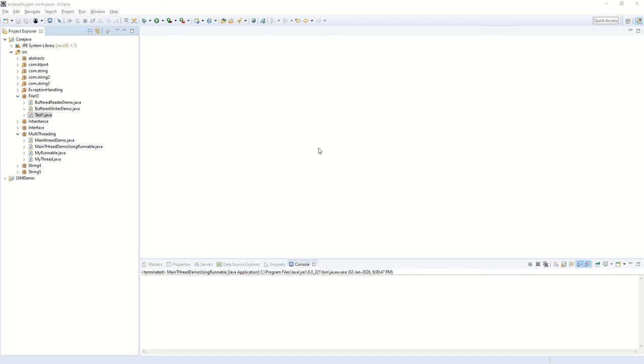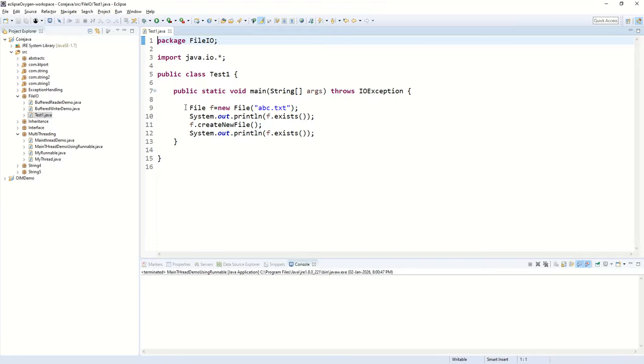So first of all, how do we create a file? It's the first thing. There is a class called File. Let me just show it to you. There is a class called File, and when you create the object of the class, let's say new File,